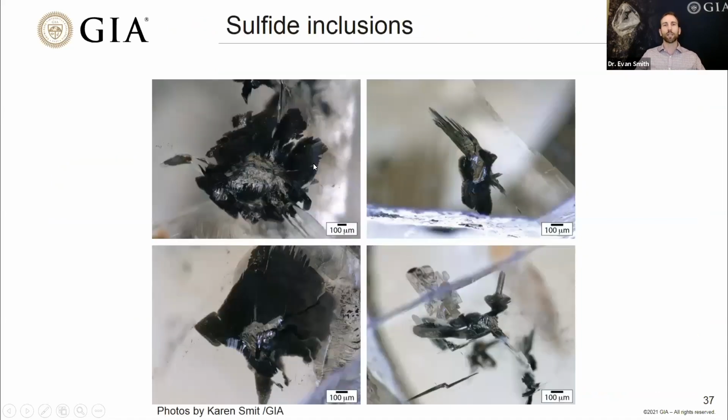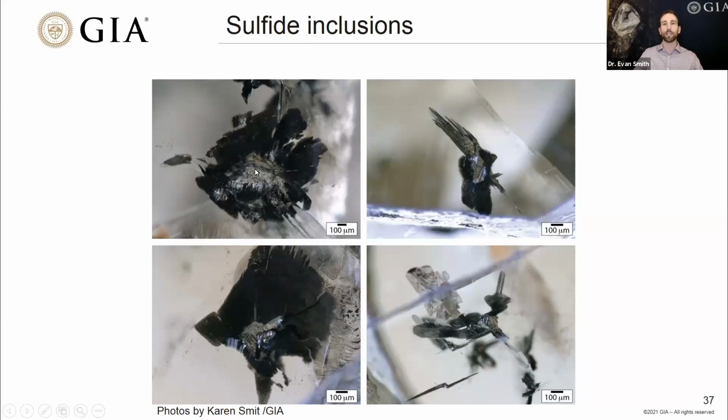Now, these next inclusions are examples of something that looks a bit different. This is sulfide. A good sulfide mineral that we're all familiar with would be fool's gold, or pyrite. These are similar. They are made of iron and sulfur, but the dominant mineral here is pyrrhotite. Sometimes these occur along with pentlandite, which is an iron nickel sulfide. We can also have a little bit of chalcopyrite, which is a sulfide that has a little bit of copper in it.